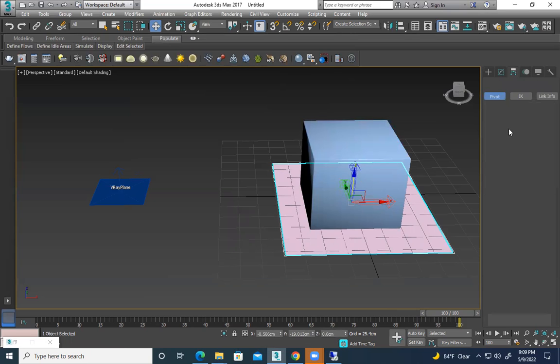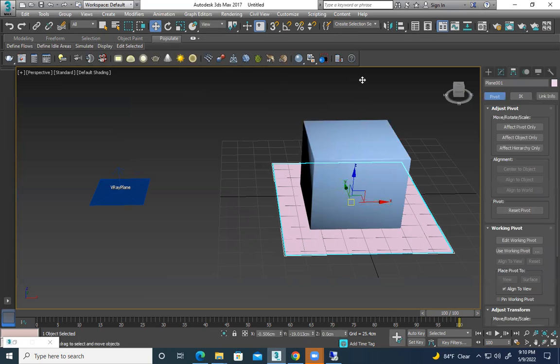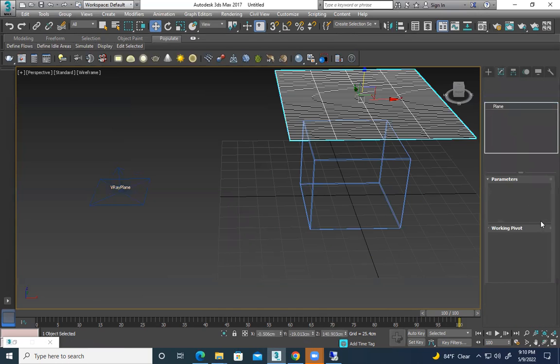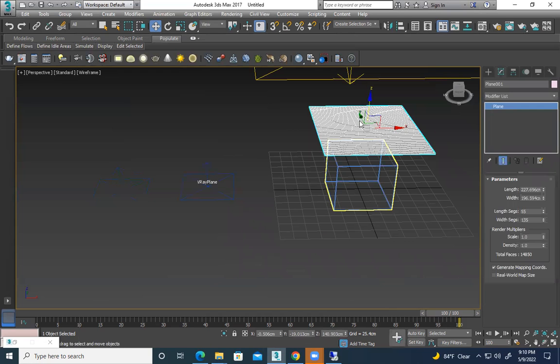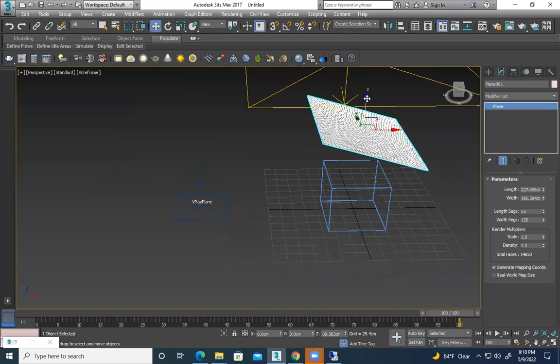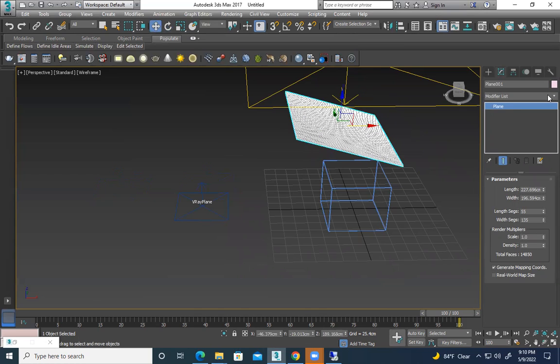Effect pivot was on, that's why I switched that off. Let me check how many divisions it has. This is not enough. You know, for the cloth we need more divisions. Do it this way. Then I'm going to select it and add the cloth